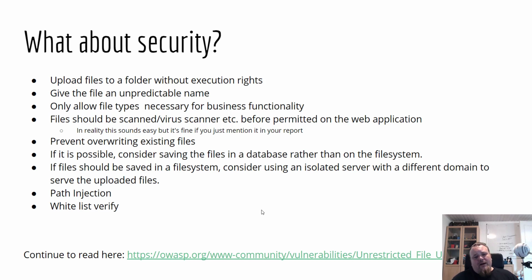Prevent overwriting existing files. This is another thing that you prevent when you give files an unpredictable name. There are many different kinds of these. I think there are some classes you can download on the internet. You can quickly browse through the code and verify that it doesn't contain any unsafe functionality that could compromise your whole system. But you can also look at how to generate unique file names and never overwrite the ones